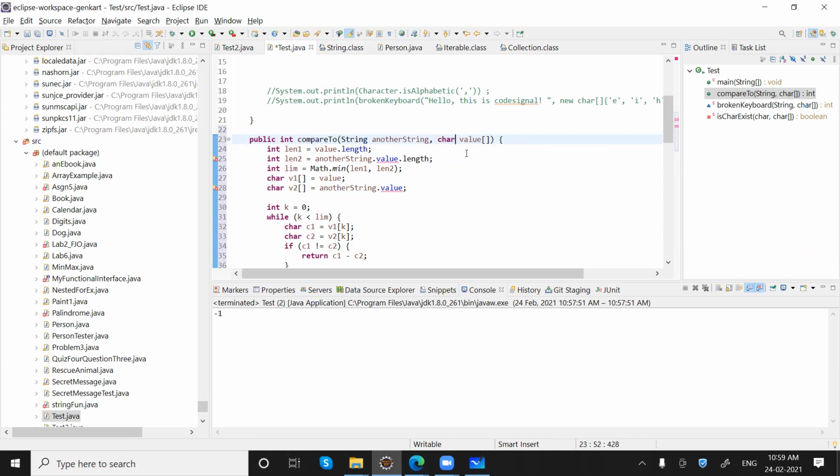Now another string dot value. We have another string dot length. It will be a method here.